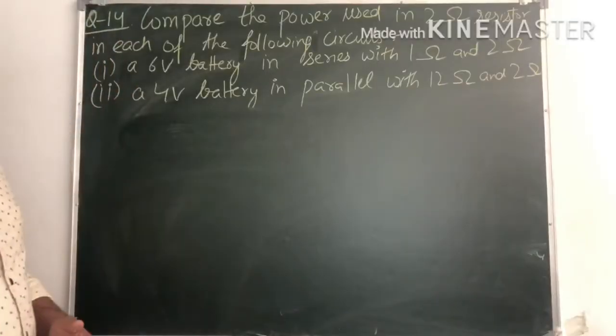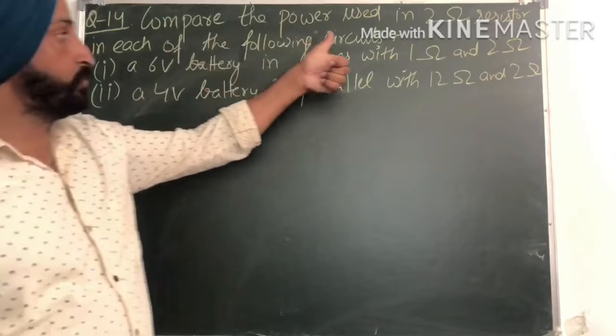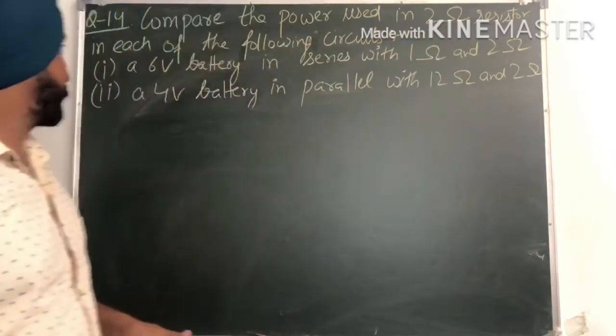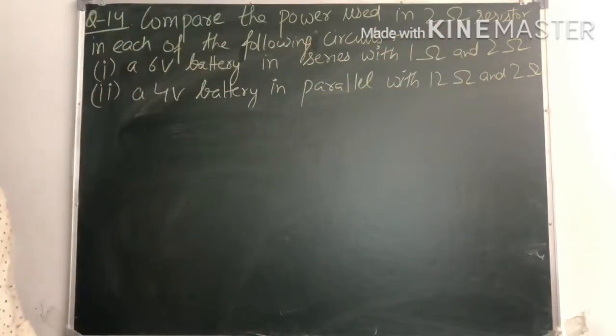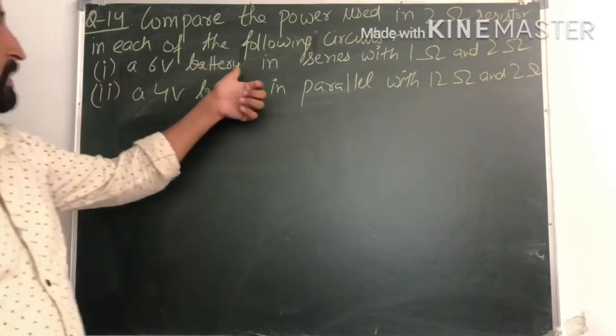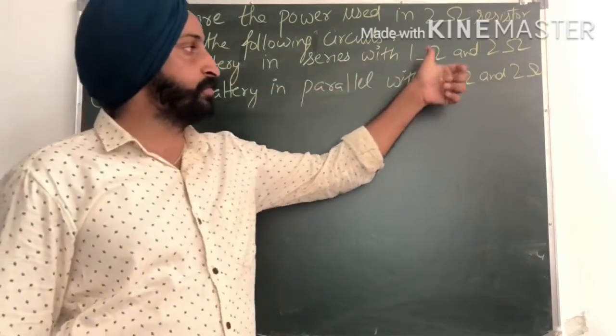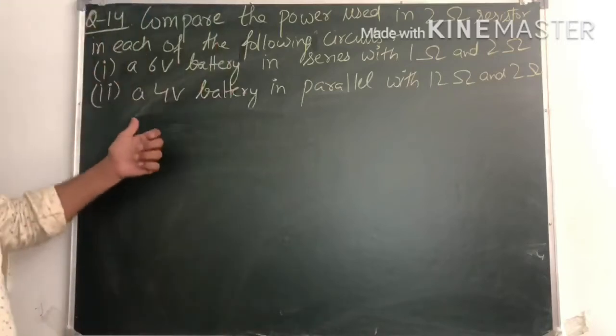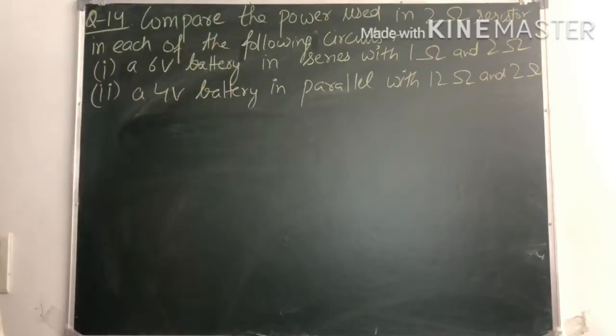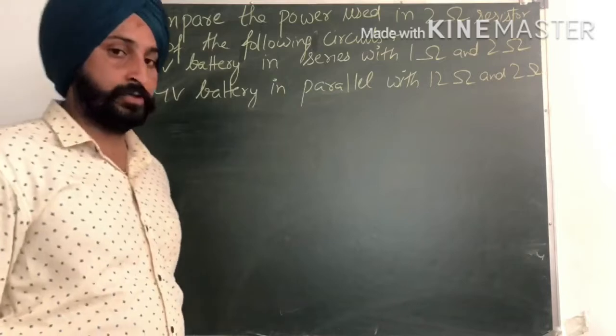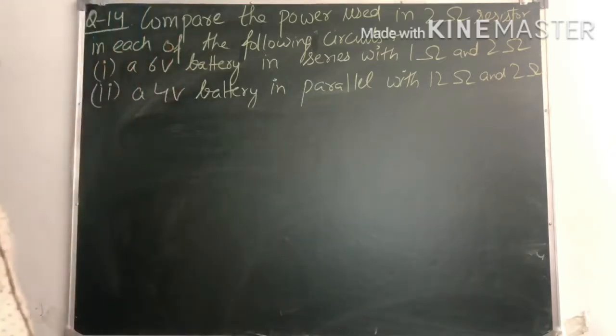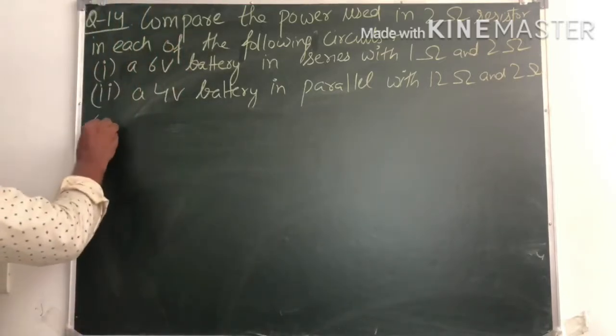So here is question number 14. Compare the power used in 2 ohm resistor in each of the following circuits. First circuit is a 6 volt battery in series with 1 ohm and 2 ohm, and second is a 4 volt battery in parallel with 12 ohm and 2 ohm. Fine. So we will be solving this first case,